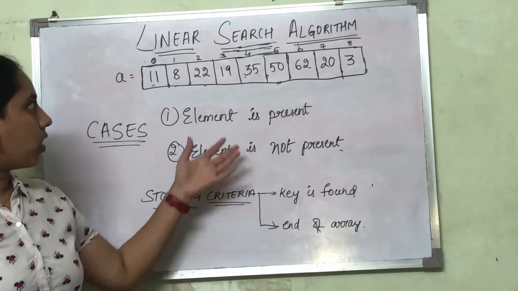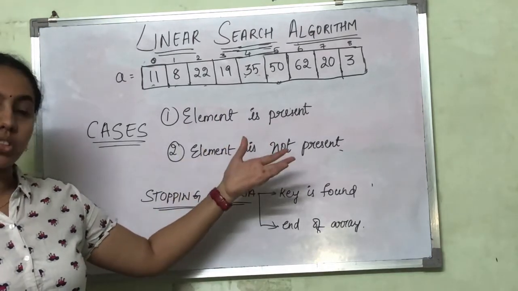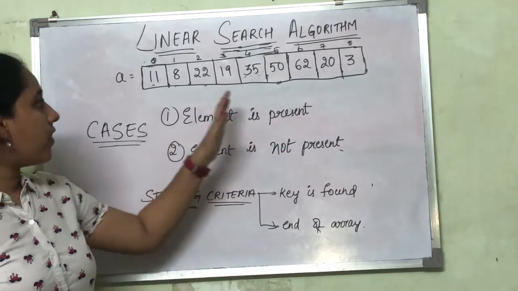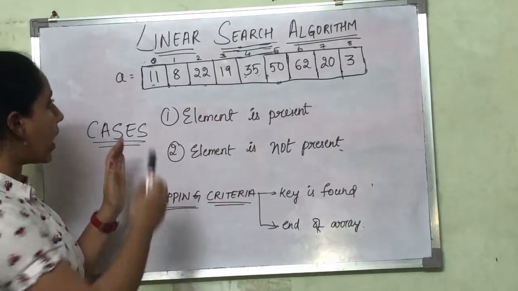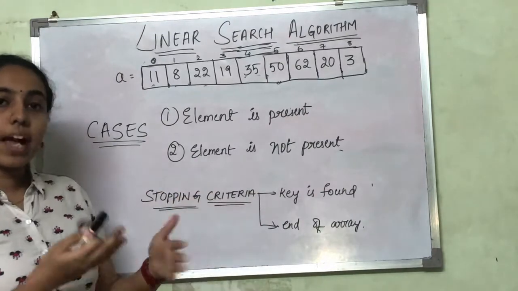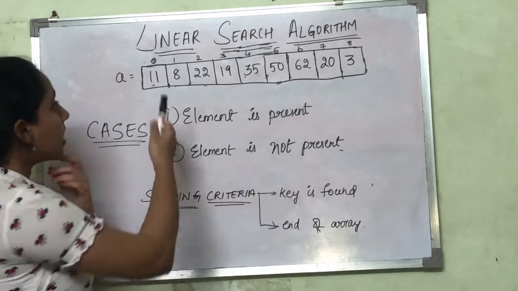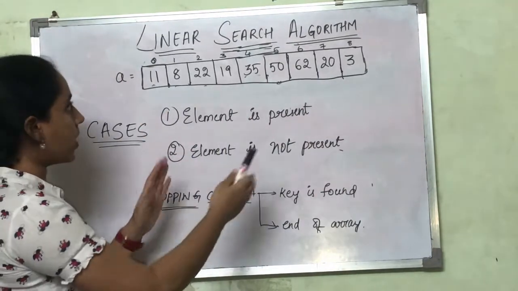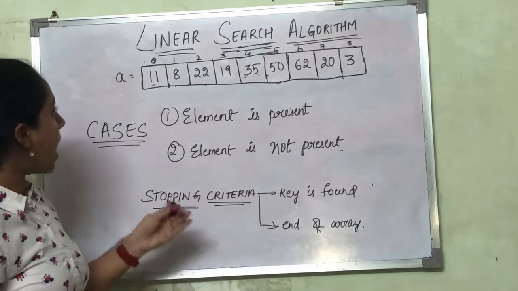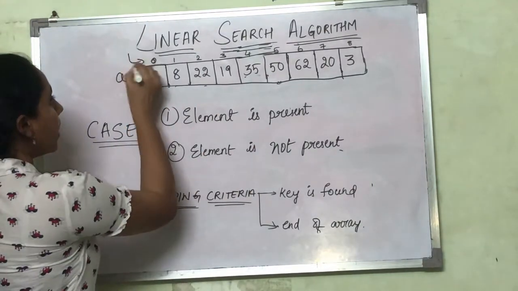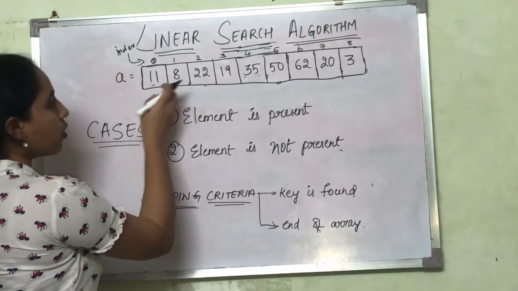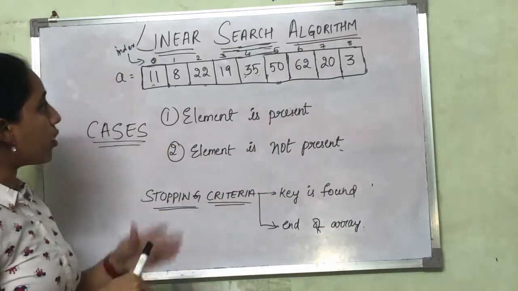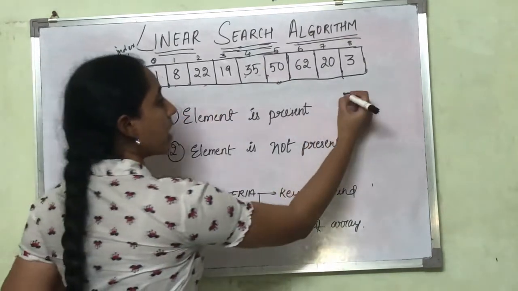So why is this called the linear search algorithm or the sequential search algorithm? Because we have elements that are stored sequentially or linearly, one after the other. In data structures we have arrays that could store these elements linearly. So we'll start an array with a 0 index. This is the index, the position where the elements are present. The number of elements we have taken here is 9 elements.